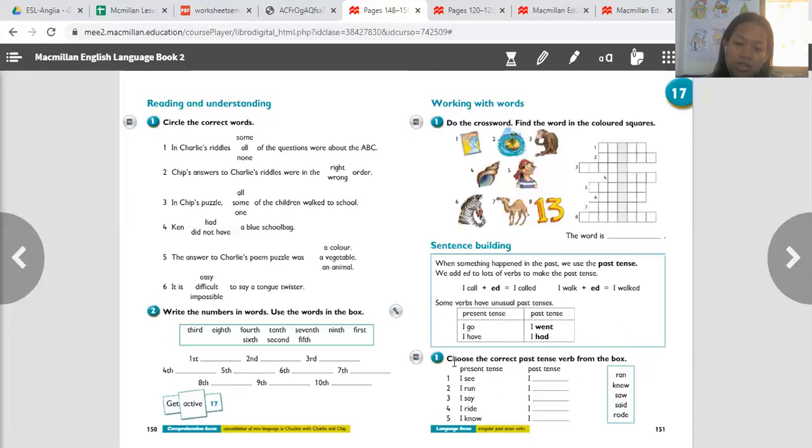For example, I see, when it's a past tense, it becomes I saw. When you write I saw, please cross the word out, okay? This will be easier for you. When you do something like this, it's easier to cross out the word that you already find, okay? Next,